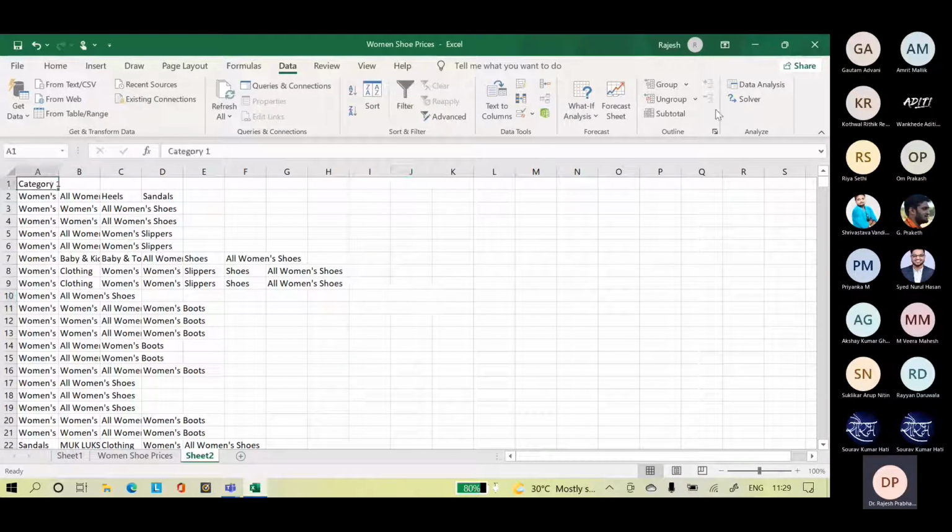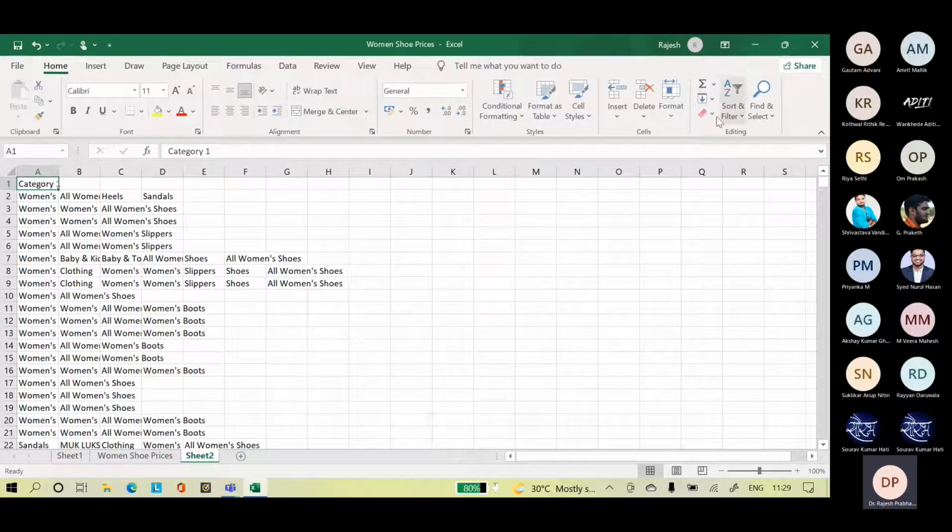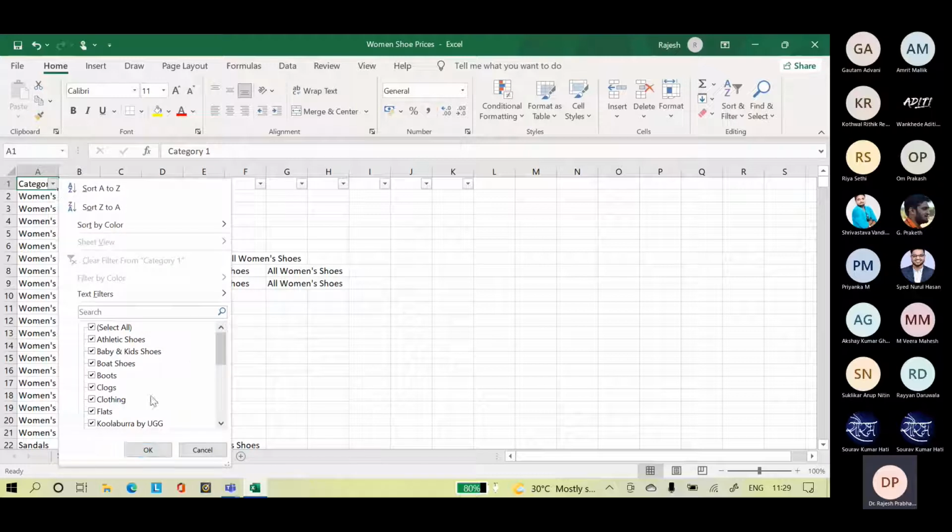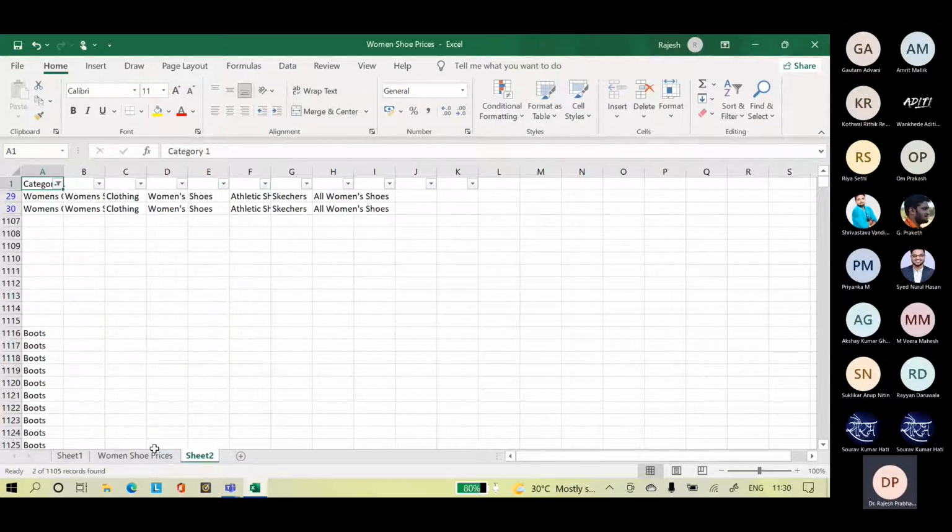So in category 1, I will go to Home tab, sort and filter. So we have the categories as athletic shoes, babies, women's casual shoes. Why do I have 2 categories? Okay, apostrophe S is the problem. Okay, so I will unselect all, select women's casual shoes.